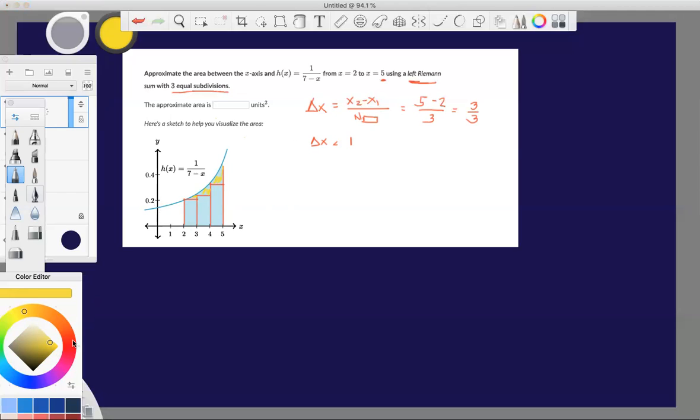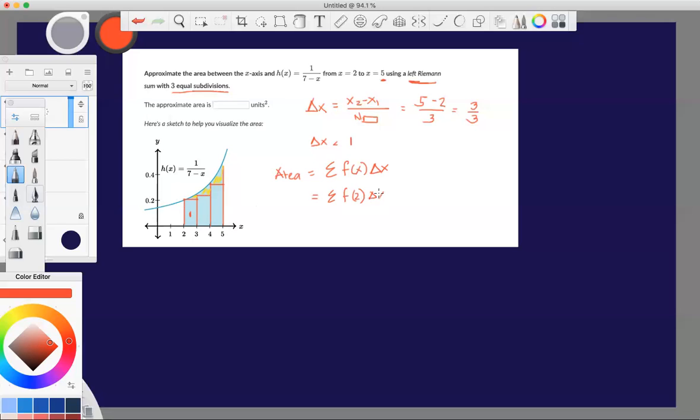Okay, so let's continue. Again, the total area is just equal to the summation of f of x delta x. So in this case, we have the left side. Let's take a look at area of rectangle number 1. What's going to be our x for this one, guys? Anybody? It's the left side. So what do you think is going to be our x? Take a look at this rectangle right here. 2. We're looking at the left side, so that's going to be 2